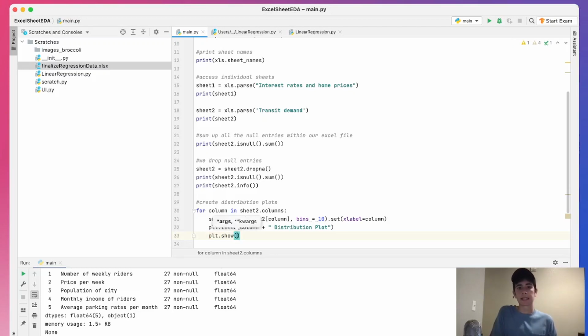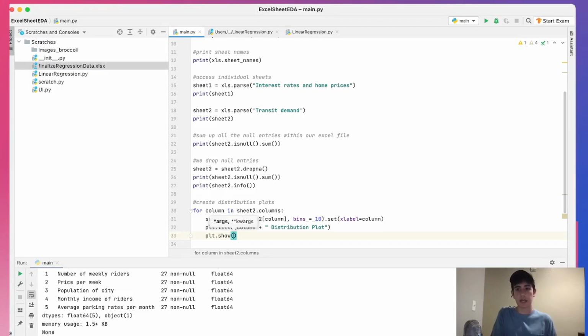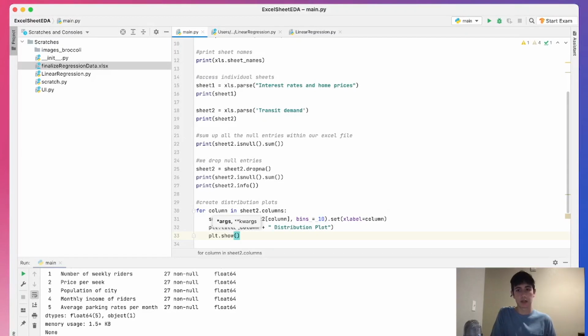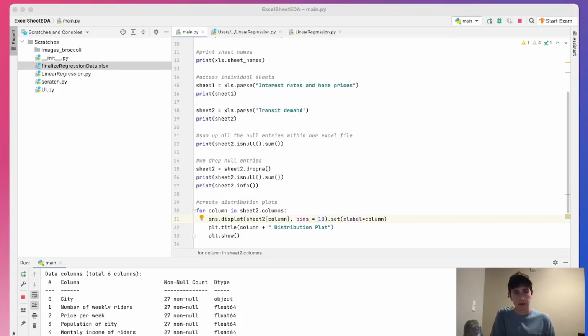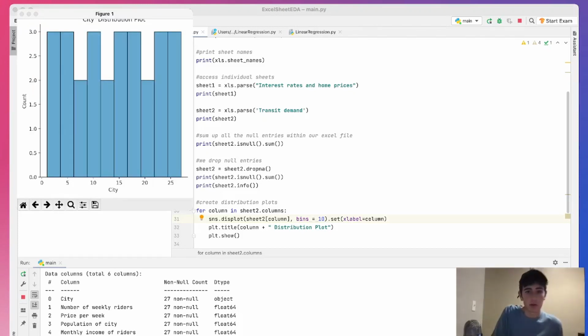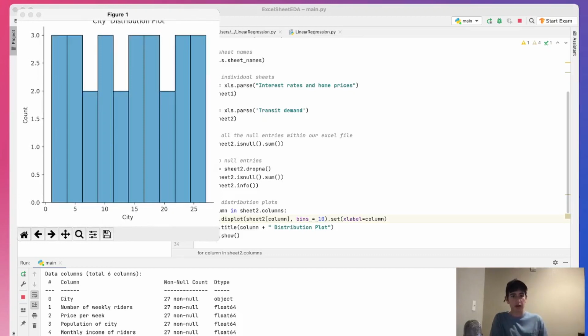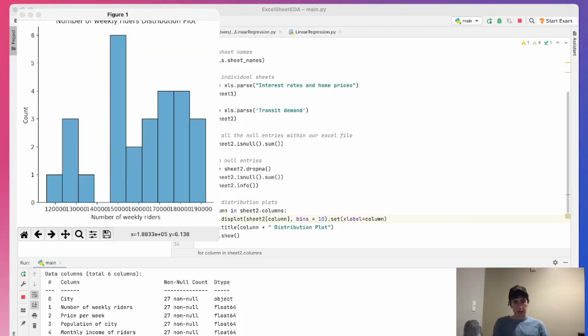All right, let's run this and see what we got. Let's press run. So here we have our figure. We have gotten some figure here, and this is a distribution plot. So this is of the different cities. Here, let's see another plot. We have another plot